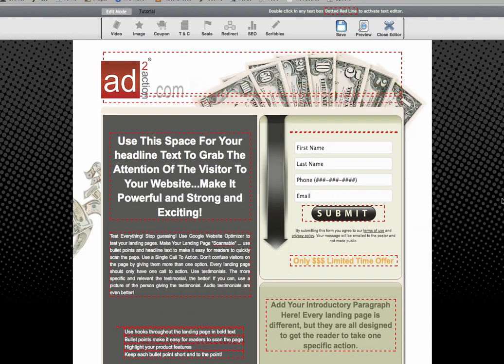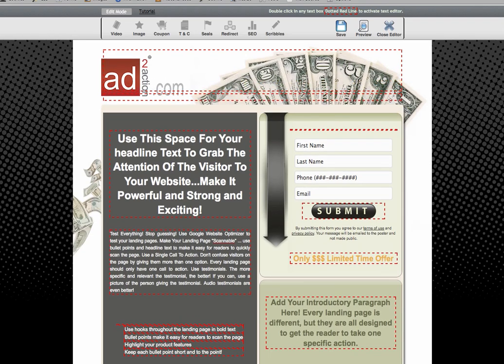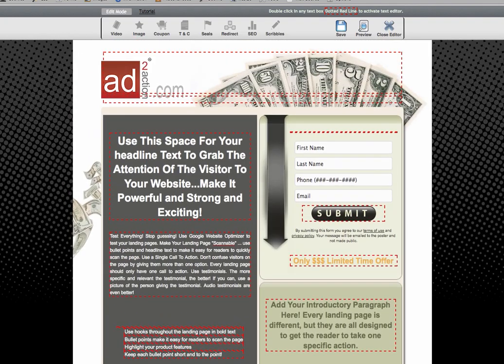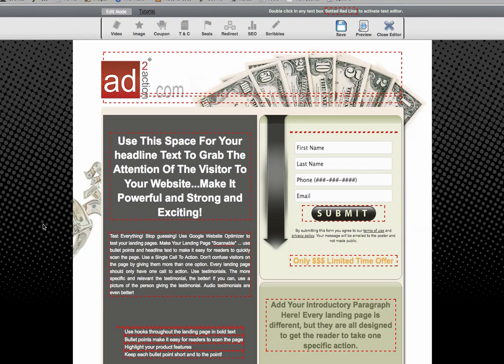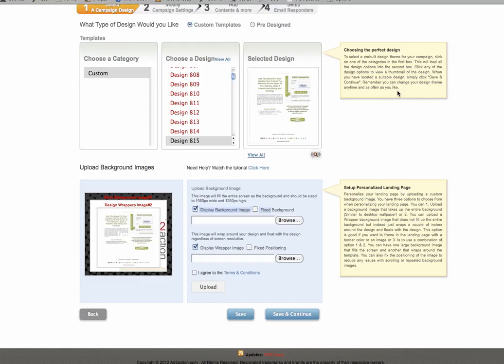And what I basically have done is I've created a custom template with my own wrapper image. As you can see here, I've got my main black background image with the little polka dot things. I've got my money image that I just created with my money coming around, my logo. And I kind of cut that last part of that video off, but I wanted to show you